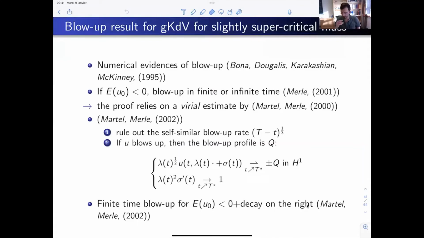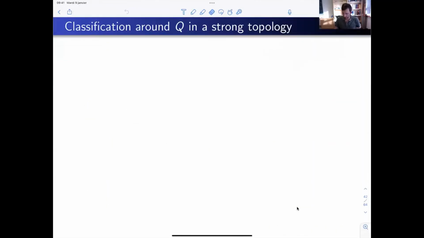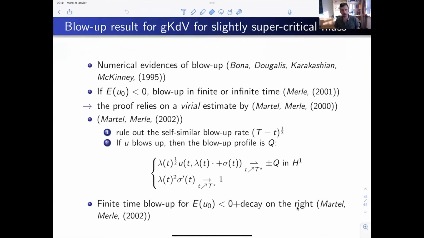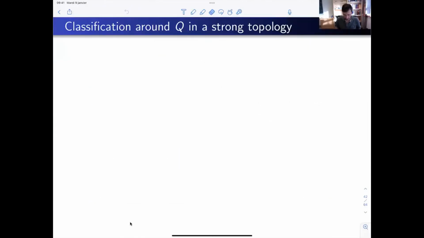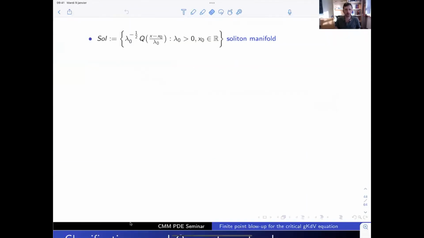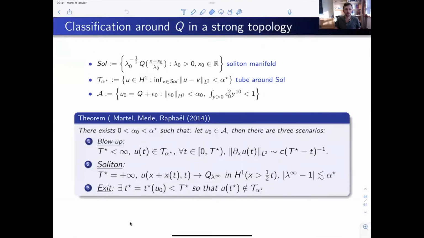But as we will see in the next slide, it is not just technical. It is really important to have this decay on the right. You see this is in the early 2000s, and then there is a gap of 10 years with no new results. And finally, 10 years later, there is an important result by Martel, Merle and Pierre Raphael,